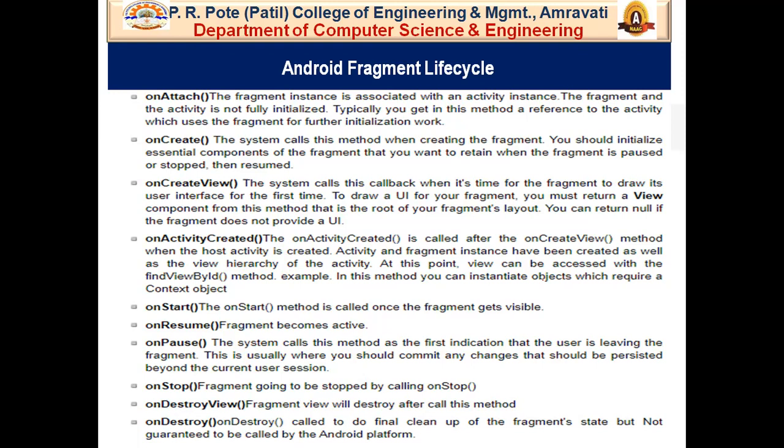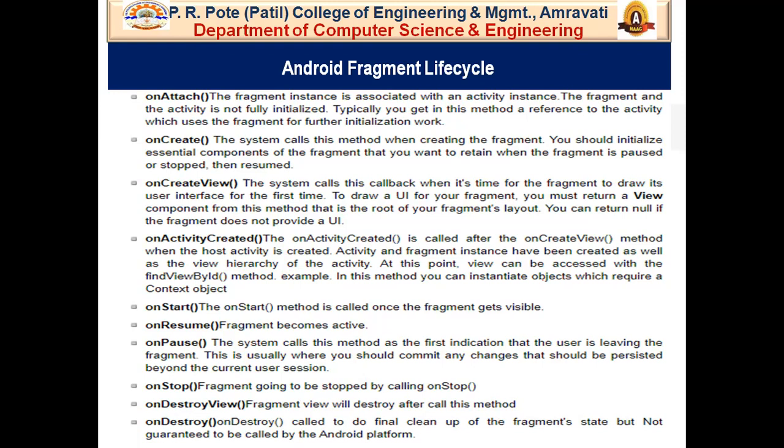After that, the onActivityCreated method. The onActivityCreated method is called after the onCreateView method, once the host activity is created, and the activity and fragment instances have been created, as well as the view hierarchy of the activity, and views can also be accessed with the findViewById method.